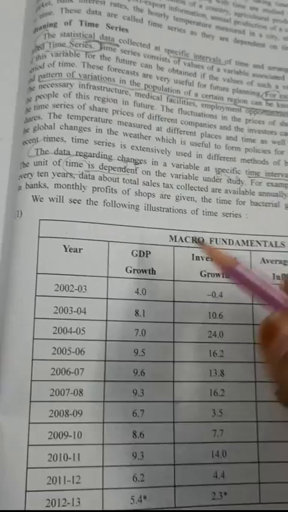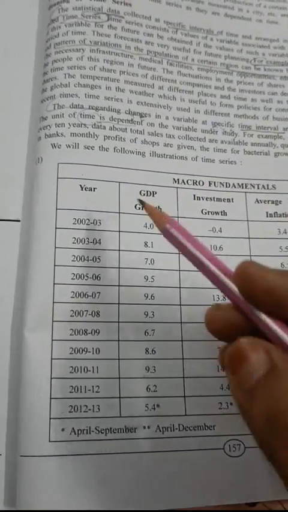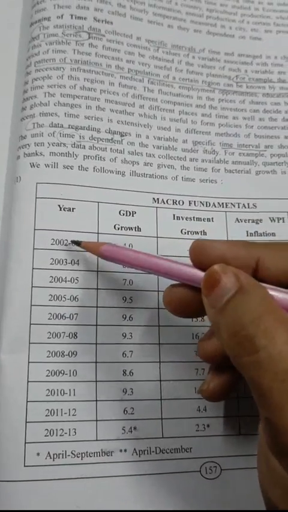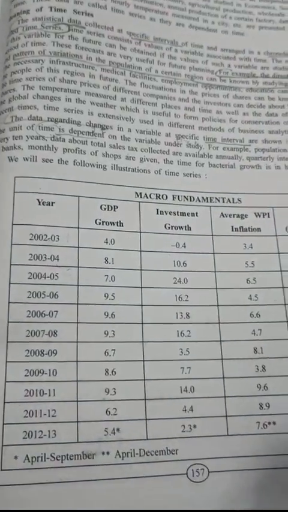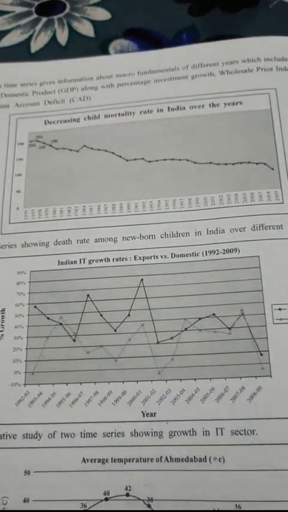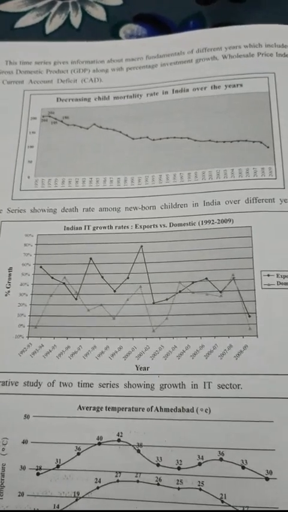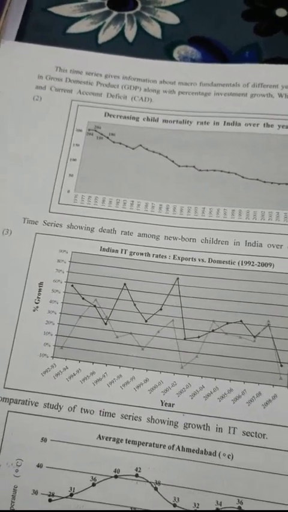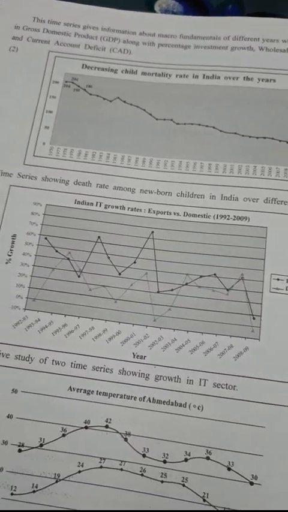Okay, this is one of the examples they have given. See here, this is the example they have given. A gap of years, 2 to 3, then 3 to 4, 4 to 5, a 1 year gap is taken. After this, the graph they have shown, a particular graph which is giving a pattern, that is the resemblance, that is the particular system which is showing the study, which is showing the time series.